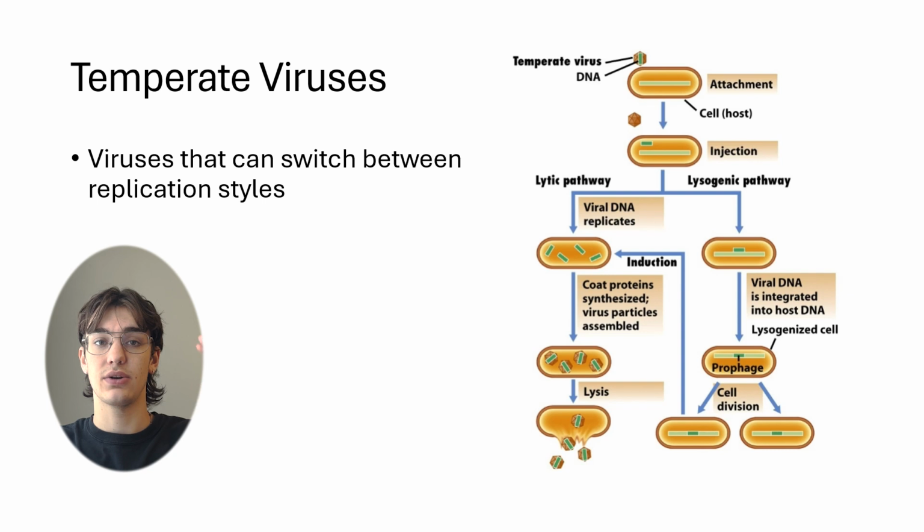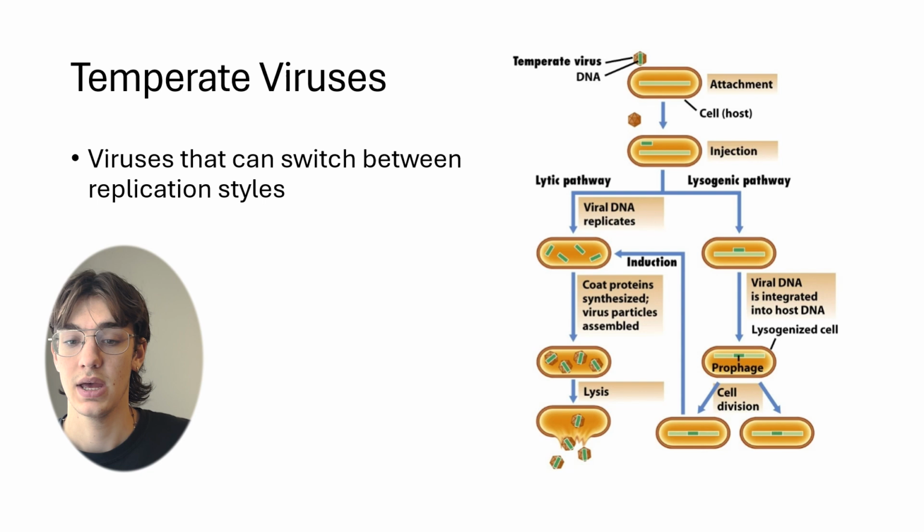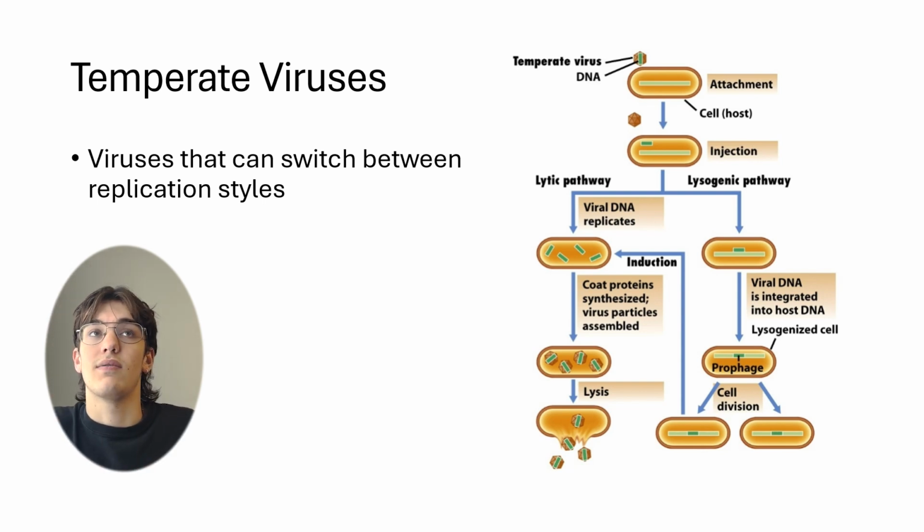But as these bacteria divide, they'll carry this new genetic information with them into their future generations. So you will end up with a ton of bacteria that have been infected by this DNA. So over time, they can switch into either pathway depending on their conditions. So now you have all these different bacteria that have this viral DNA inside of them, and upon an environmental event or something that causes them to switch, they'll switch into the lytic pathway, and a ton of these bacteria will be infected, and a lot of virions will be produced and escape and cause a